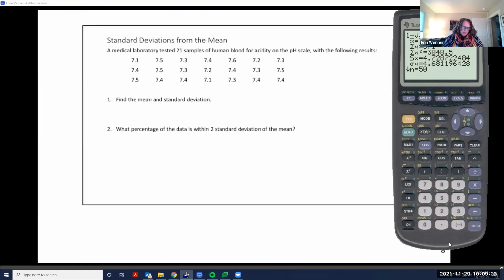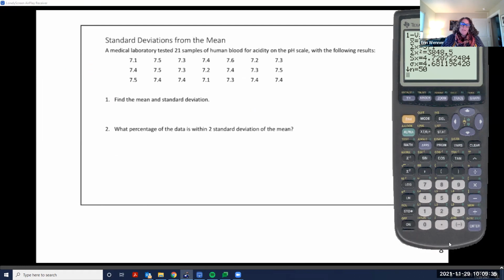So again, I want us to continue to look at this. How many standard deviations from a mean is a set of data? A medical laboratory tested 21 samples of human blood for the acidity on the pH scale, which gives the following results. So in order for us to find the mean and the standard deviation, we need to tabulate our